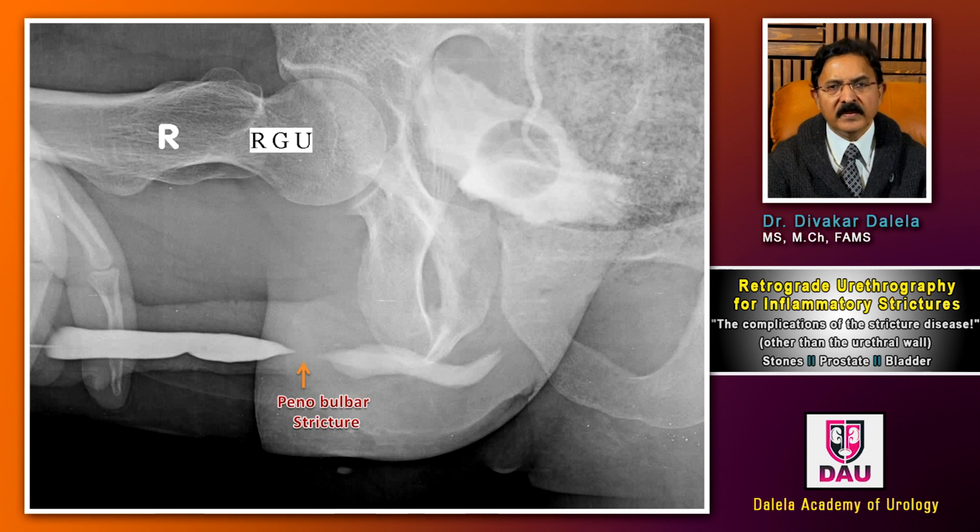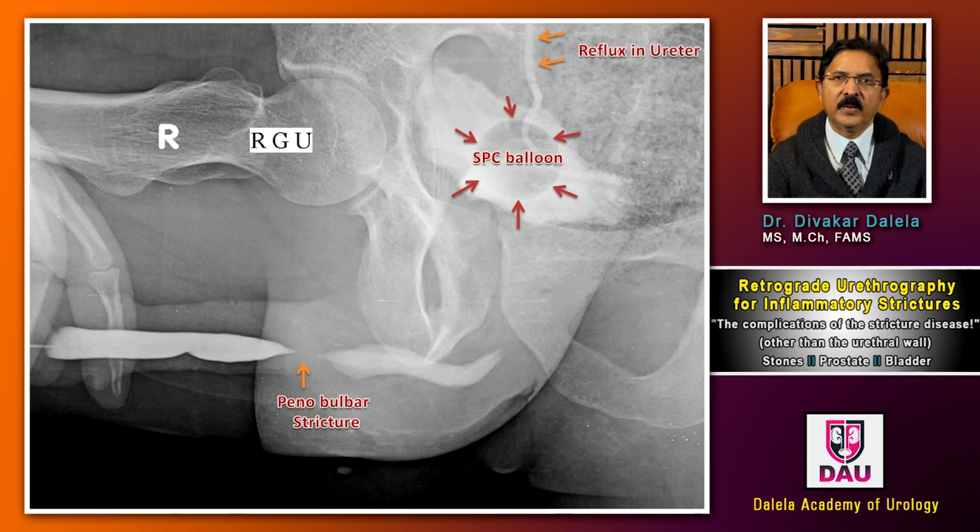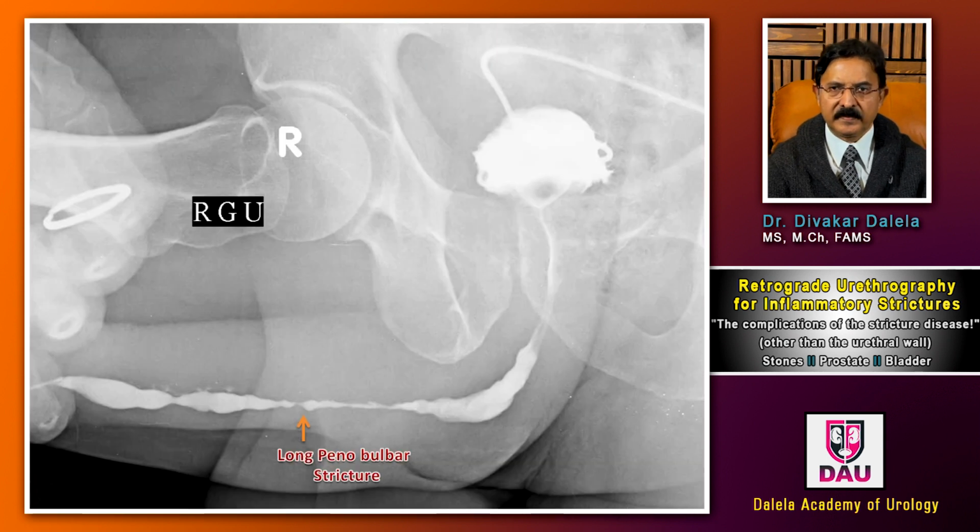You can also observe that in some of the patients of stricture disease, you notice a rounded filling defect in the bladder, as in this place. This is a suprapubic catheter balloon. And not only that, you can also see a vertically going contrast in the ureter, and this is reflux in the ureter. So this patient has a suprapubic catheter because he has developed urinary retention, a complication of stricture disease, right? So in this film, you notice SPC and you notice reflux. All this is because of the stricture.